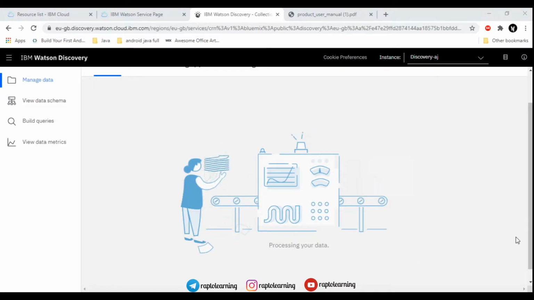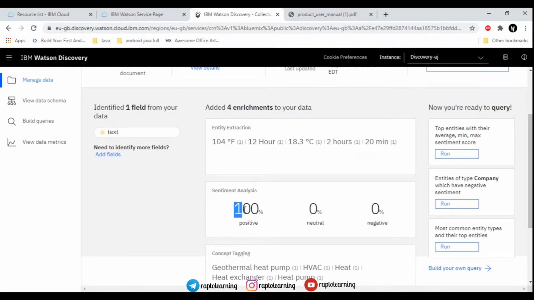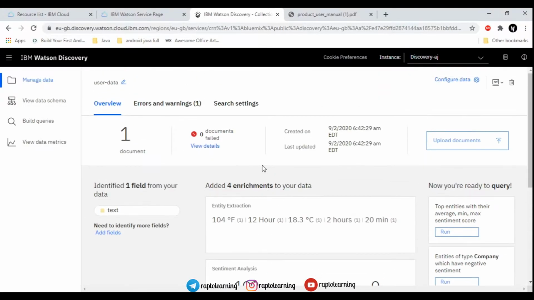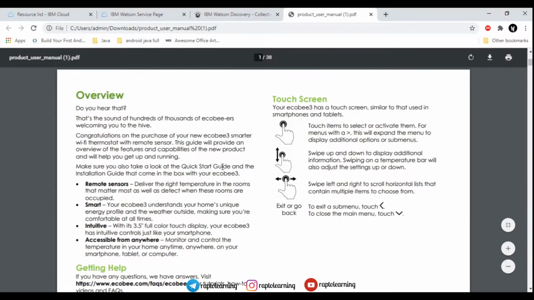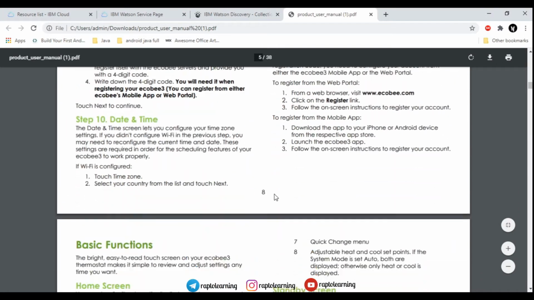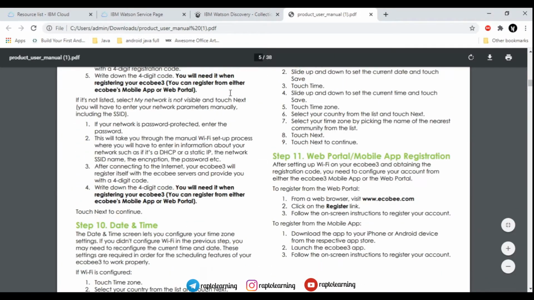So what data are we going to import? The data is basically a thermostat guide from which the Watson assistant will search for answers to the questions we ask the chatbot, and the chatbot will answer. So this is the basic overview of when you install the data, let it go all the way to 100% active. This is basically a thermostat guide.